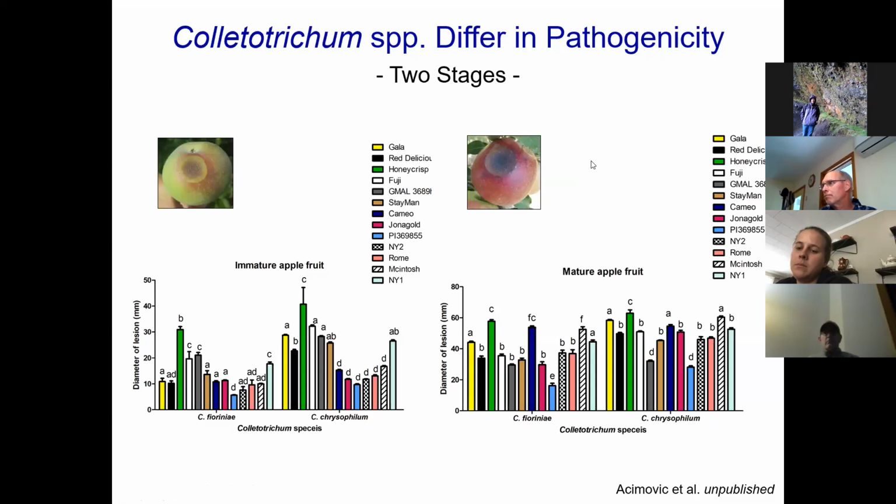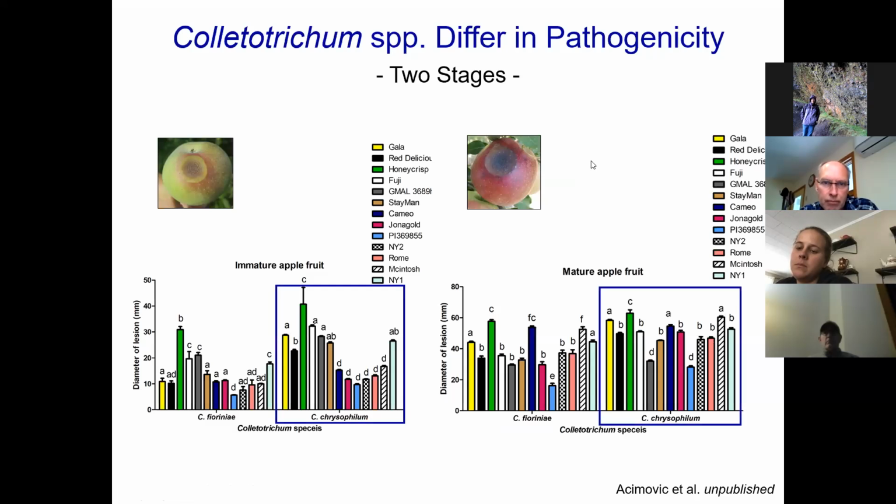So why does it also matter that we have different species? Well, we tested their infectiveness on 13 different cultivars. And you can see here, on 2 different stages of the fruit, that overall on immature apple fruit we have higher aggressiveness of Colletotrichum chrysophilum from the gloeosporioides species complex. So basically larger lesions are caused by these species that are more prevalent in warmer regions in comparison to Colletotrichum fioriniae that you see on the left side. So it is important to know the species because in certain cases we can have more issues and more susceptible cultivars because of this. And we see the same result on the